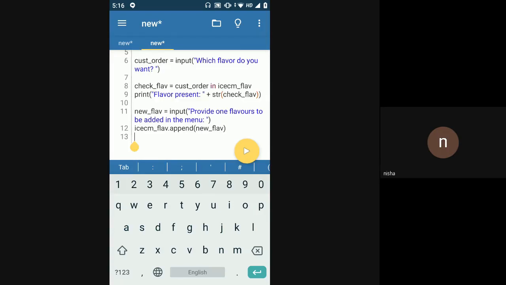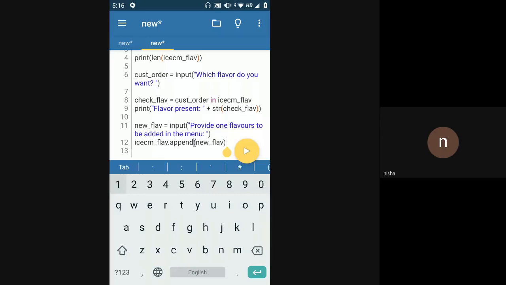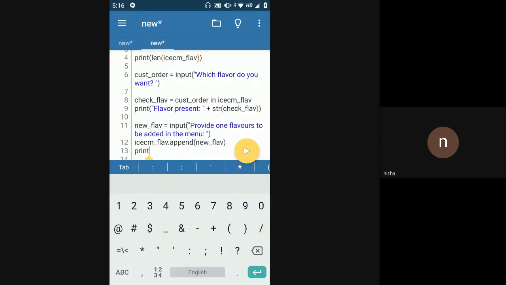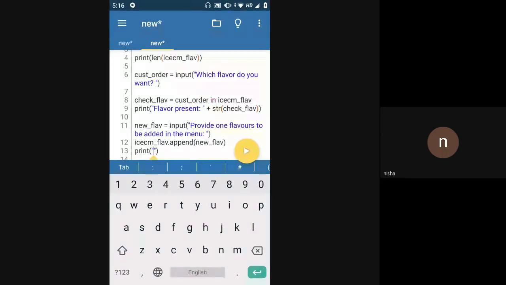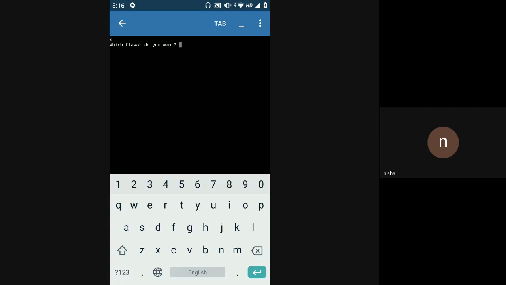So let's try to print this out once. What if the customer wants chocolate flavor, but that is obviously not present inside the list?